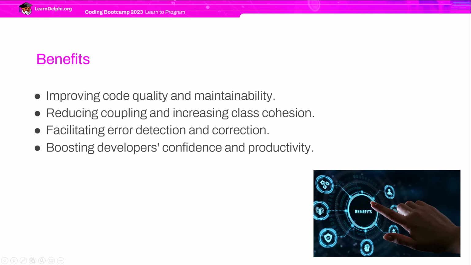You can also replace concrete implementations with more suitable ones or simulated objects, mocks, without altering the expected system behavior, facilitating error detection and correction. With these techniques, you can test the behavior of each unit of code in isolation, verifying if it functions as expected. You can also use mocks to simulate external dependencies of a unit of code, avoiding interference or side effects in testing. This enables quicker and more confident identification and correction of errors, ensuring system quality and reliability, boosting developers'